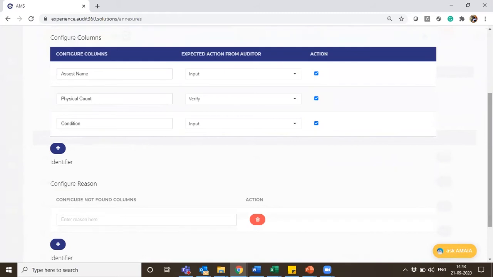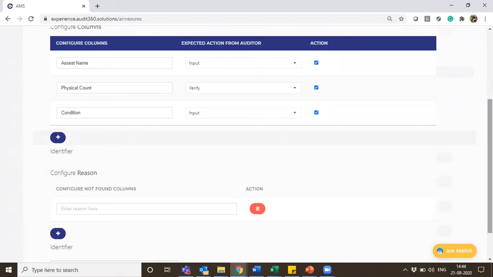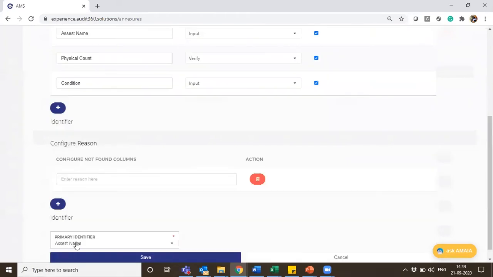In the case of a loan document or vouchers, maybe the receipt number, the voucher number, or the loan application number, account number, can become a primary identifier. As a default, the first column would be chosen as the primary identifier. If you want to choose a different column, you can always click on the arrow here and choose the relevant column.